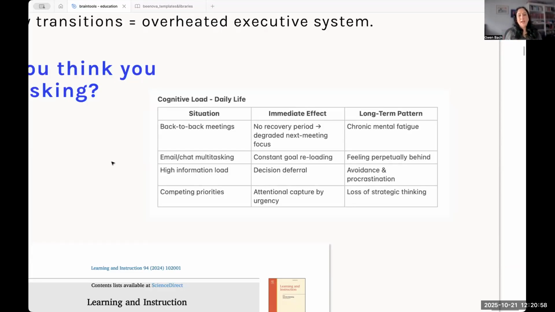So we have this really high information load, and that makes us push our decisions further and further away, because making a decision is hard for our brain because we need to weigh the pros and cons. Is it really important to make the decision now? And what are the consequences and all that? So we keep trying to make it as easy as possible because we're so tired. And this leads to avoidance and to procrastination and to pushing hard things away, which also can lead to us overeating or overindulging in social media or Netflix or anything like that.